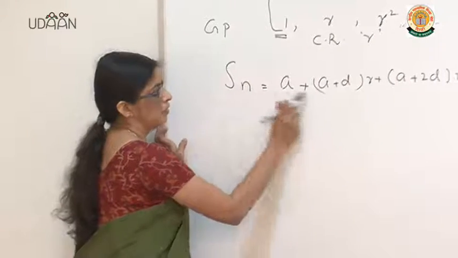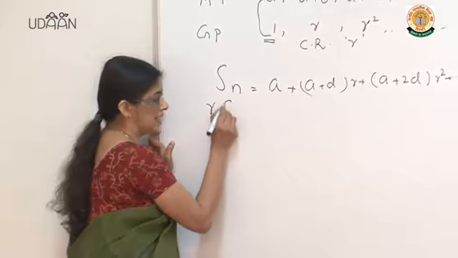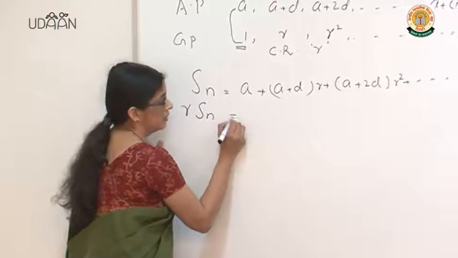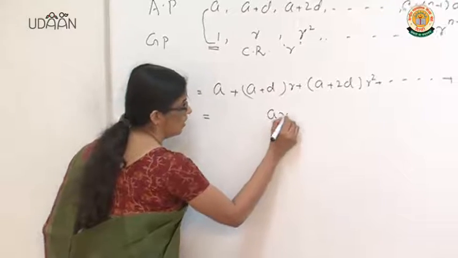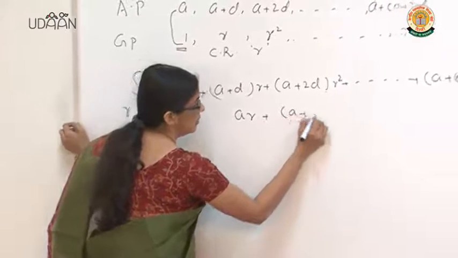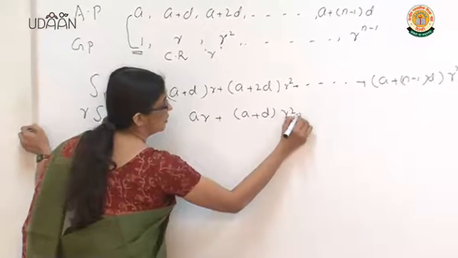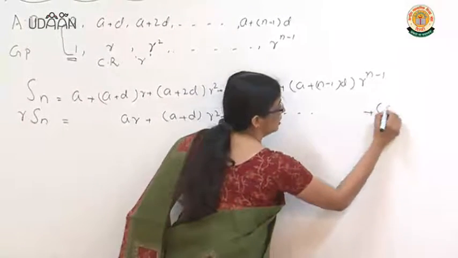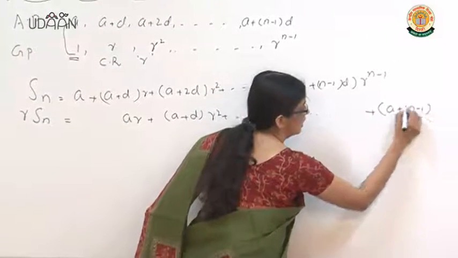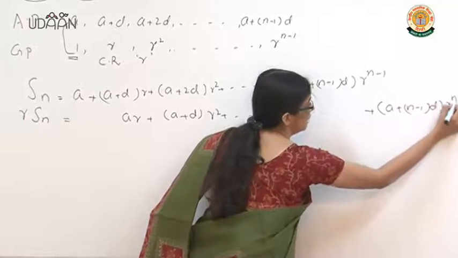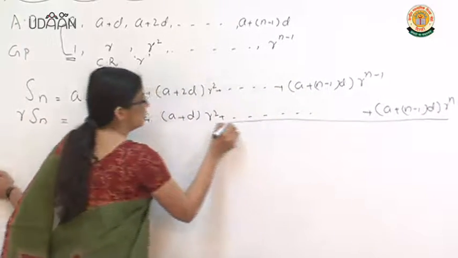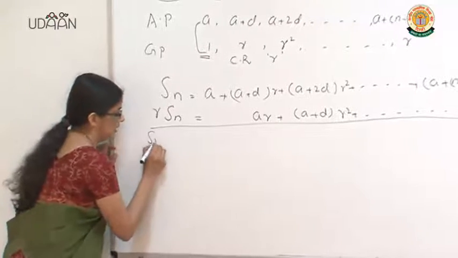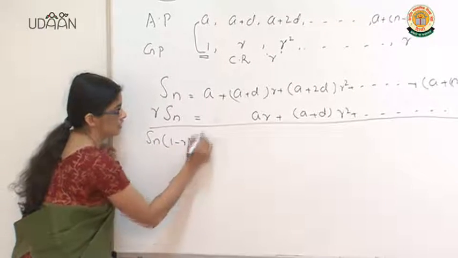I am going to multiply both sides of this equation by the common ratio of the geometric progression. Left side is r into Sn equal to ar plus a plus d into r square plus etc. Last term, when you multiply by r, will be a plus n minus 1 into d, r power n. Now, subtract the second equation from the first. Sn into 1 minus r equal to